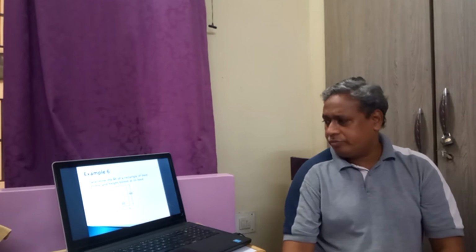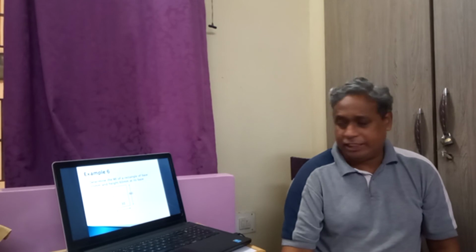Here, the area is 30 into 60, that is 1800, and from the centroidal axis we are shifting to the base, that is from 60 by 2 to 0, that is 30. We are shifting by 30 mm. The distance between the centroidal axis and the base is 30 mm. Therefore, h will be equal to 30.